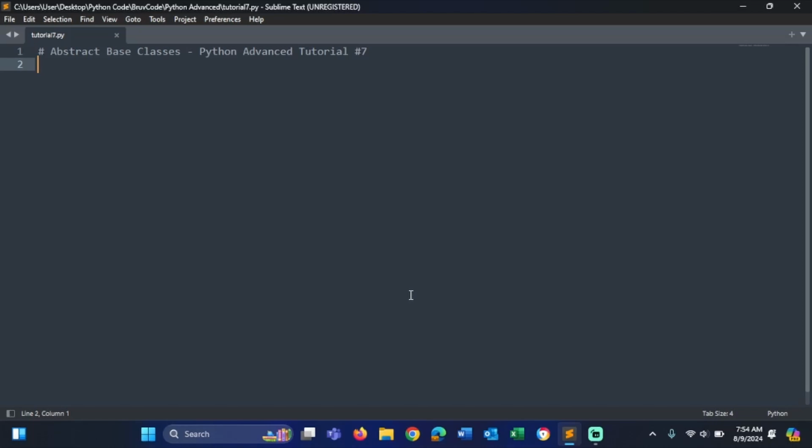In today's video, we're going to be learning about abstract base classes. They are similar to classes, but they are used to define an interface for a group of subclasses. I do have a Python intermediate object-oriented programming series, because that series will teach you everything about classes before you